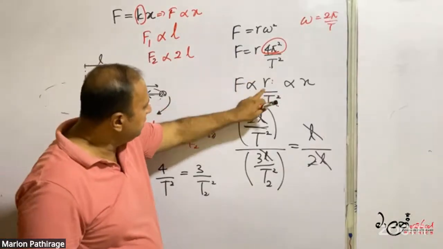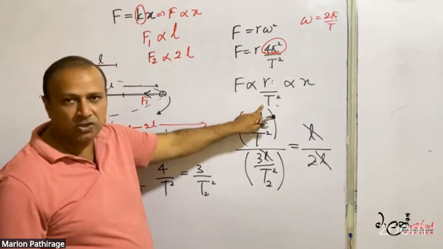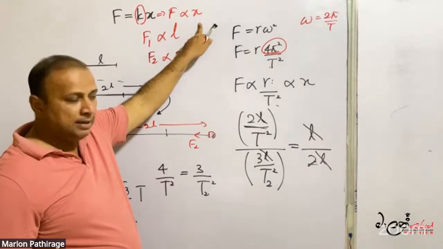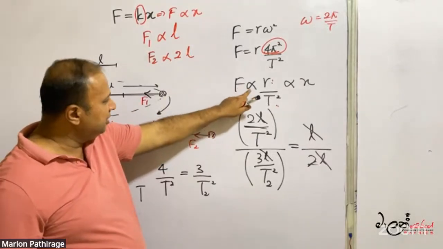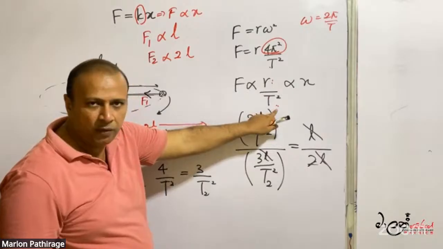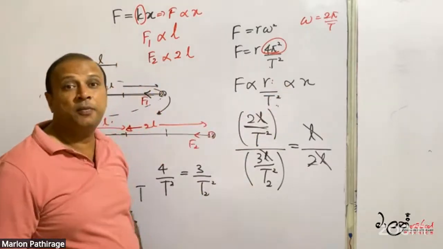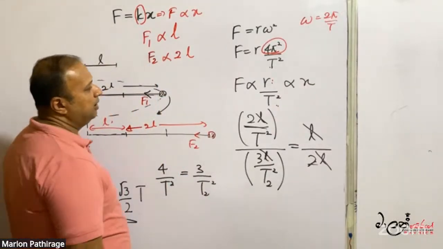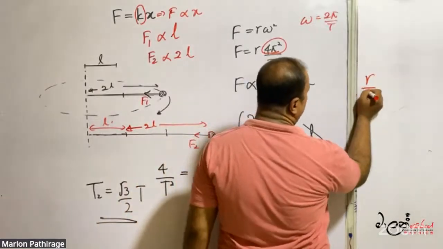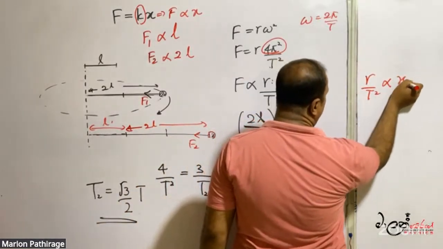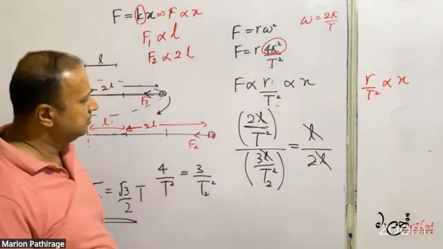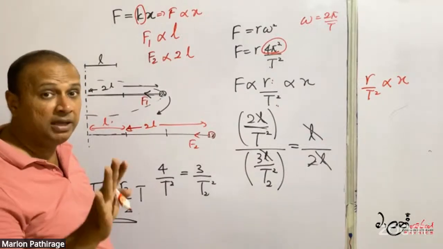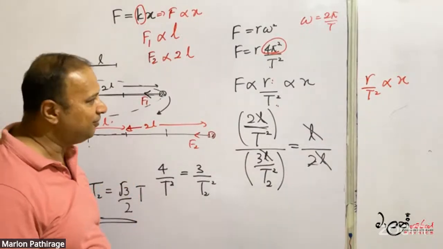From here, centripetal force is directly proportional to R over T squared. From here, centripetal force is directly proportional to X. Therefore, centripetal force is directly proportional to R over T squared, and that is directly proportional to X. So that means R over T squared is directly proportional to X, and R over T squared is directly proportional to elongation. Therefore,